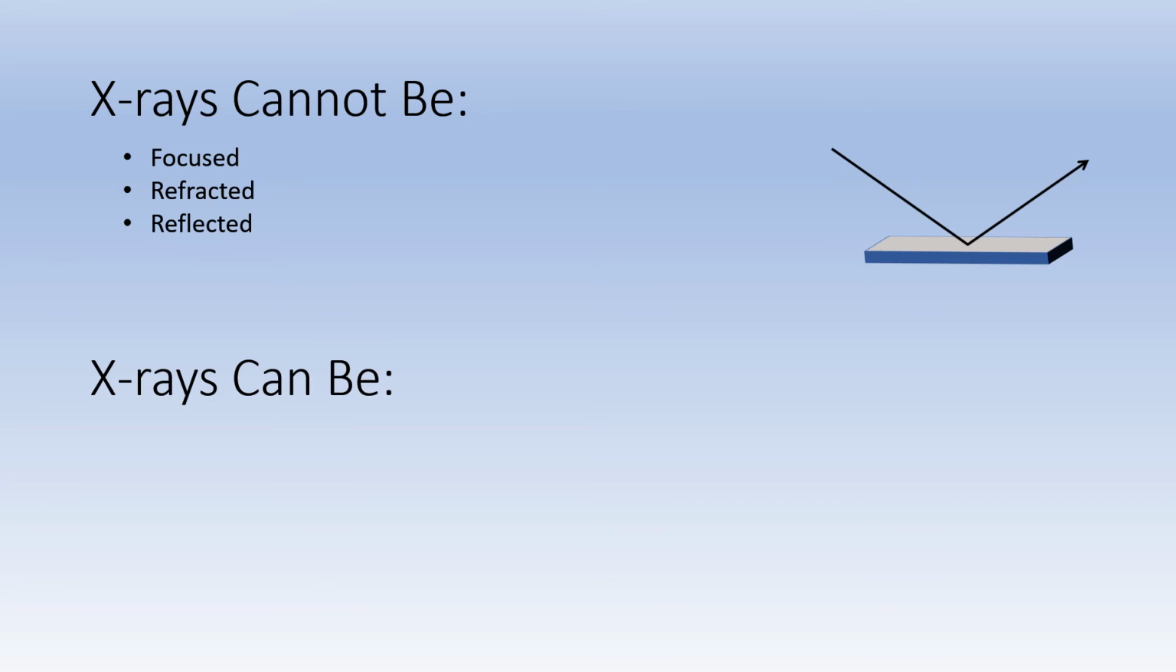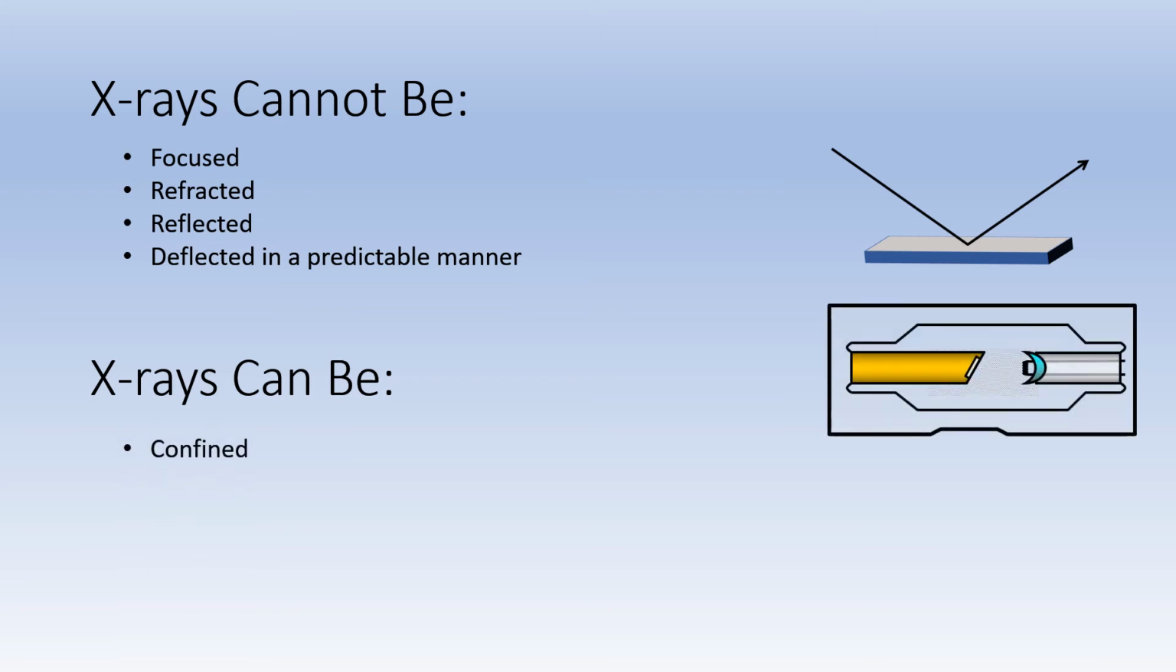In a mirror, the angle of incidence is equal to the angle of reflectance, which means that light reflects in an orderly and predictable manner. Bottom line, one cannot change the direction of X-rays in any predictable pattern. X-rays can be